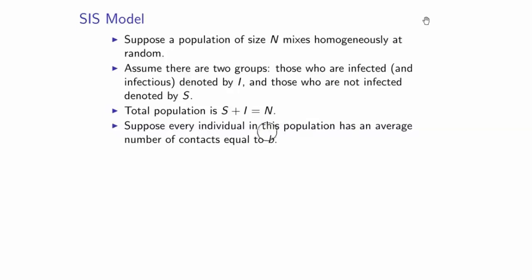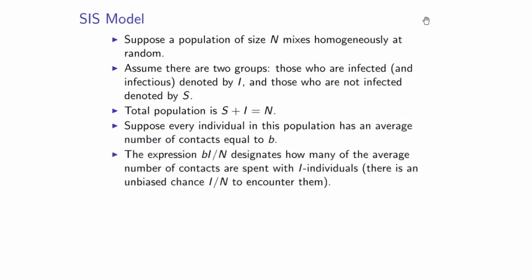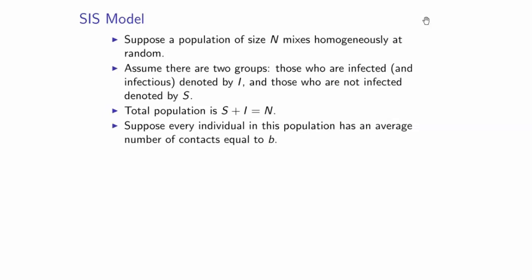B here denotes that average number of contacts per individual. So if B denotes the average number of contacts per individual, then we can say that I over N is the fraction of infectious individuals,